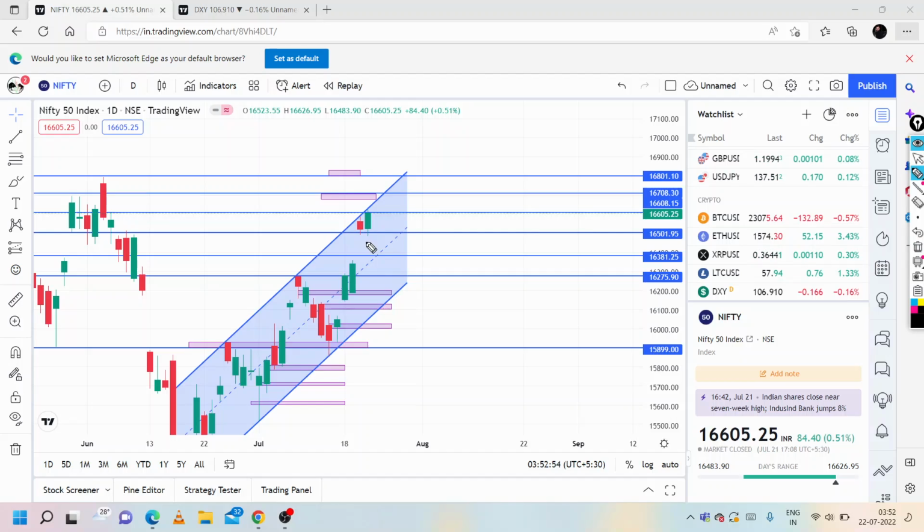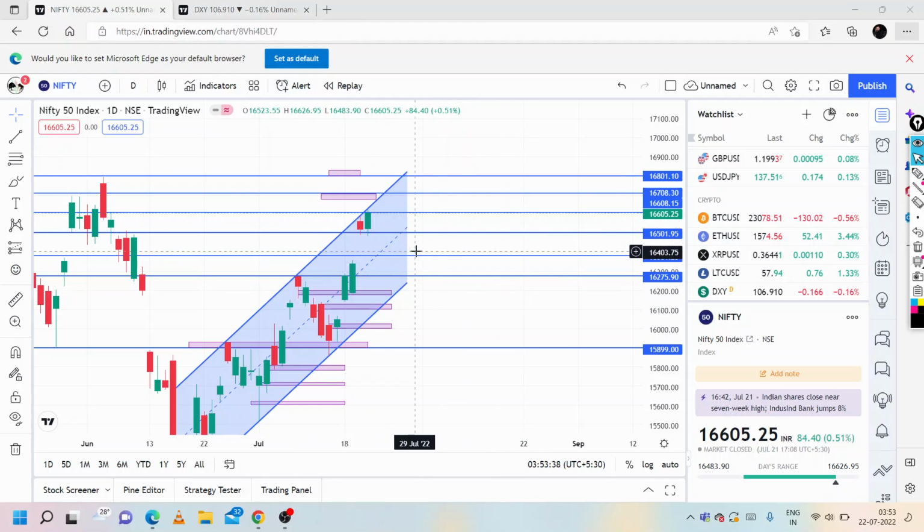For bullish engulfing, this green candle should open somewhat below, or let's say around this red candle's opening, and then it should close higher and it should engulf the previous red candle. So if we check, it has closed around 16,520 and it has opened around 16,523. So that is approximately the same level, and this candle has engulfed the previous candle. So this shows that there is some positivity in the market,